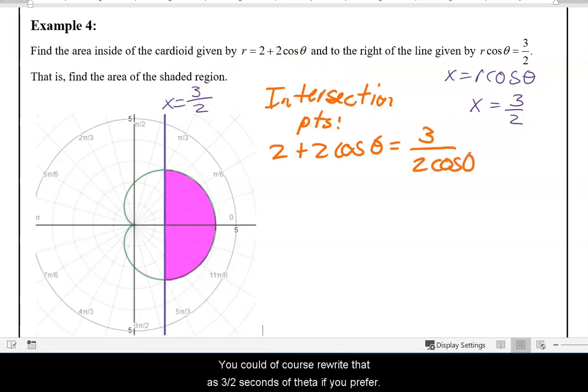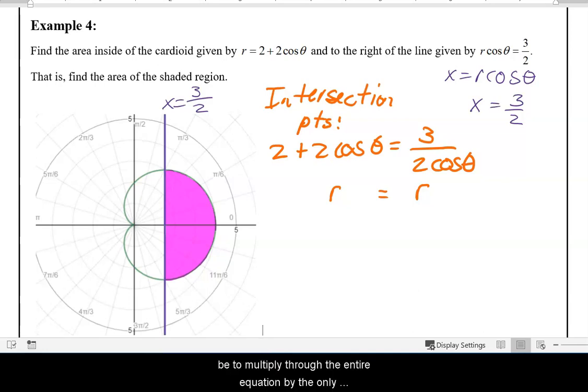You could, of course, rewrite that as 3/2 secant of theta if you prefer. Now let's think about how we can solve it. Again, notice that in order to set them equal, I had to represent each side as r, so I could write r equals r. Now that I have this, probably the easiest thing to do would be to multiply through